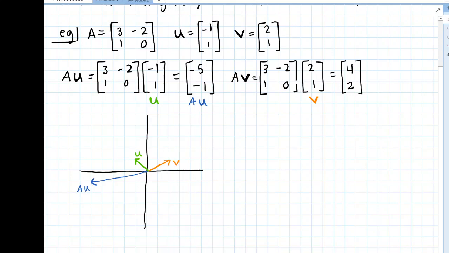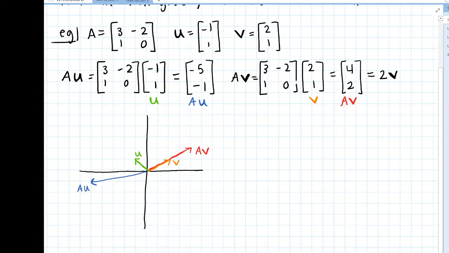This is v. And then what came out of it is A times v, and that was 4, 2. So what you might notice is that the vector A times v is pointing in the same direction as the vector that we started with. So another way of writing our answer here: we did a matrix times vector, so we multiplied the matrix A with the vector v, and we got a vector that is actually just 2 times the vector that we started with, right? So multiplying v with the matrix A was actually the same thing as scaling v by a factor